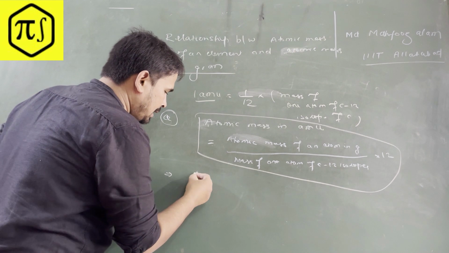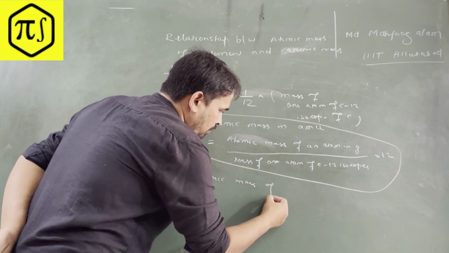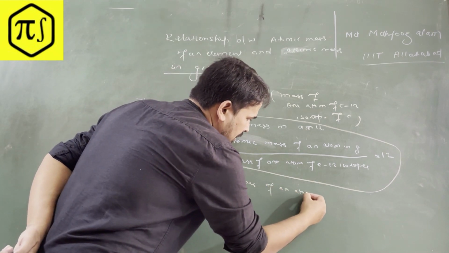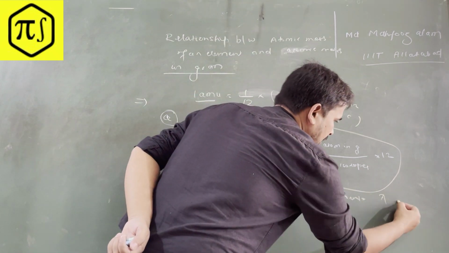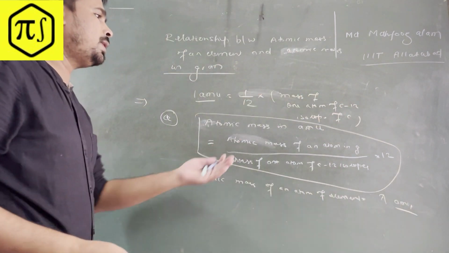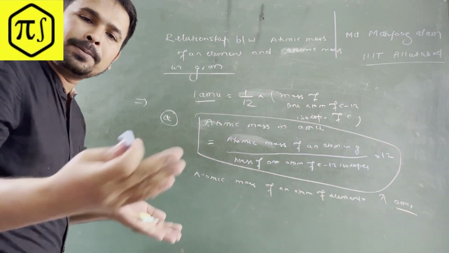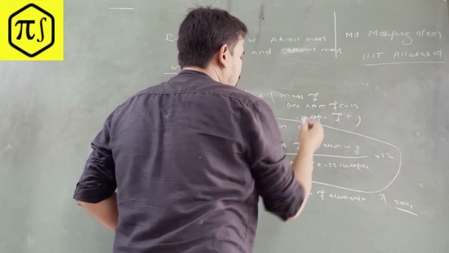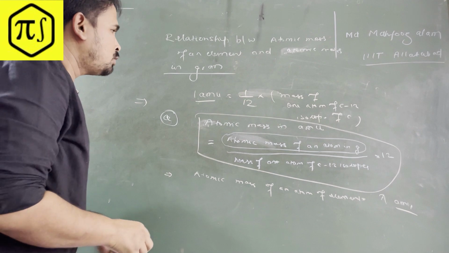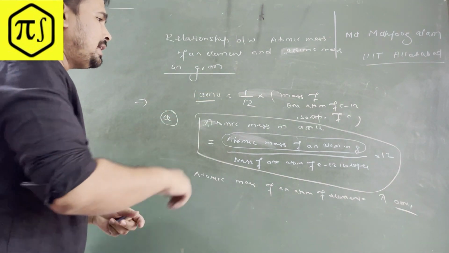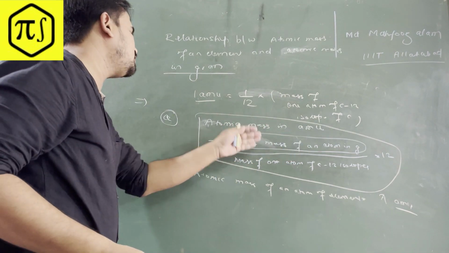So let's say, I'll write down the atomic mass of an atom of an element is in AMU, right? This is the one AMU you noted. Now 1 AMU equals this one, right? So the mass of the atom in gram, because remember we want the relationship between the mass of an atom in grams. So we have the relationship here between AMU and grams. We'll use that relationship and try to find the relationship with the mass in gram. Try to derive this particular equation, right?